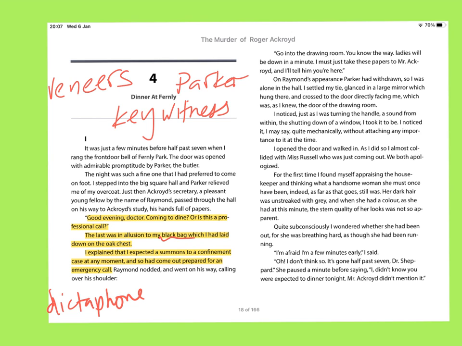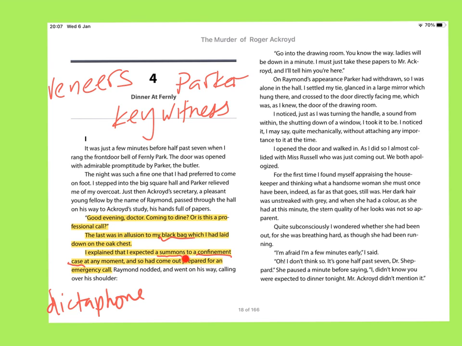Remember from the opening video, looking at the authorial level, a whodunit. Christie is in charge of what her narrator says, but also at the second level, the level of character and narrative, where Shepherd is trying to fool and deceive us and convince us that he's capable of writing a brilliant whodunit as well. However, looking at the level of Christie here, the lie Shepherd tells about the reason for carrying and bringing the bag: "I explained that I expected a summons to a confinement case at any moment." Christie's given us clues, okay?